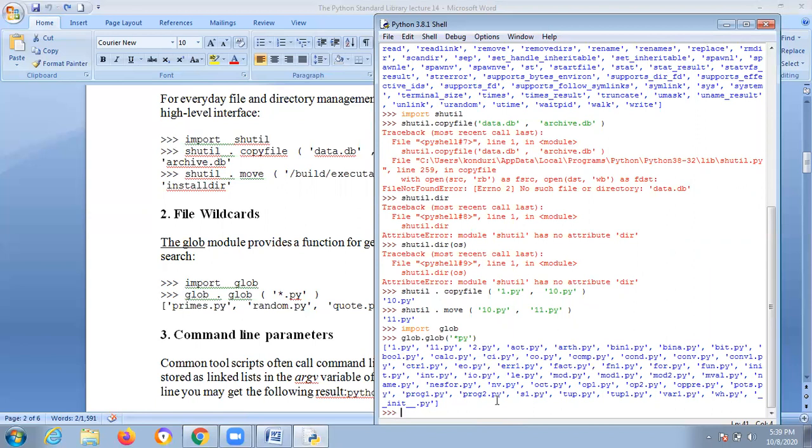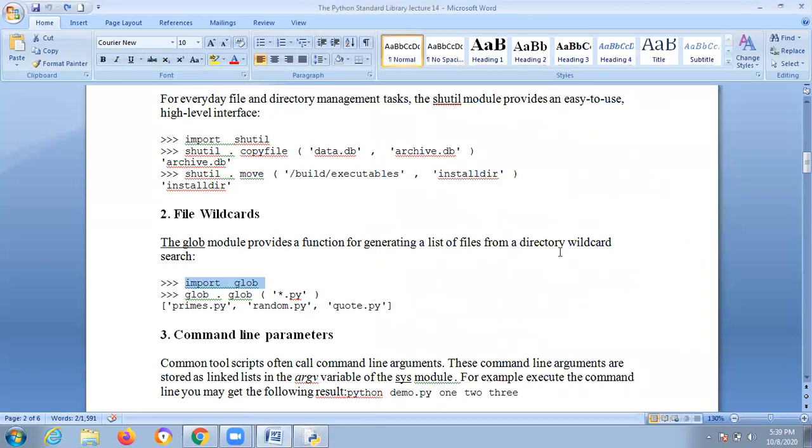Each and every file can be treated as one object, right? Likewise, this is called file wildcards. If you enter the star, that will display all the file objects that are there. Okay, that is the concept of file wildcards. Glob generates a list of files from a directory using wildcard searching.